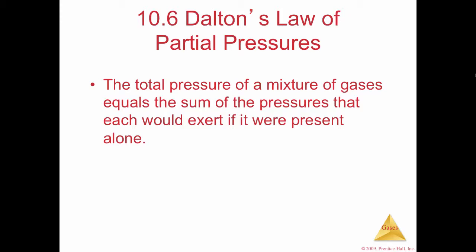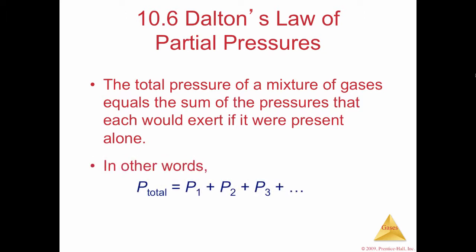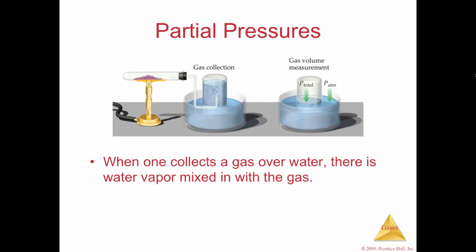10.6 Dalton's Law of Partial Pressures. The total pressure of a mixture of gases equals the sum of the pressures that each would exert if it were present alone. In other words, the total pressure is equal to the pressure of gas 1 plus the pressure of gas 2, etc. When you collect gases over water, as depicted here, there's water vapor mixed in with the